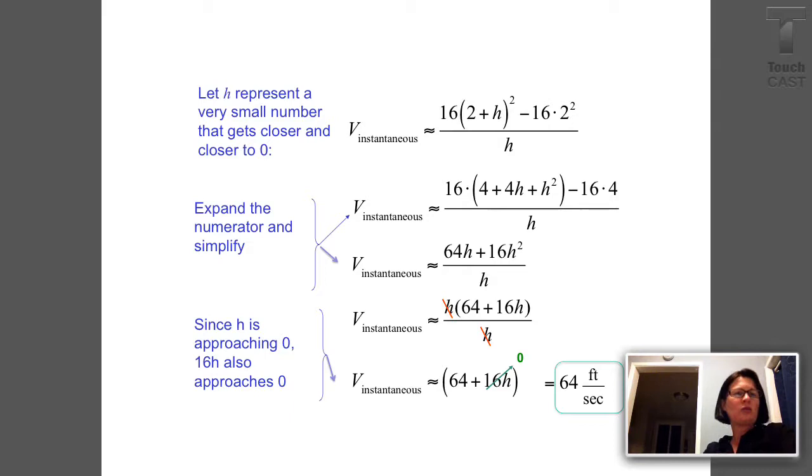So I have my same quotient. I'm going to FOIL out in the numerator, so I'm going to take 2 plus h and square it. I can multiply that 16 through and simplify, and notice now I can factor the h's out and cancel them. At the end, I have that instantaneous velocity is 64 plus 16 times h, but what's h? It's a number that's small and gets closer to 0. So 64 feet per second